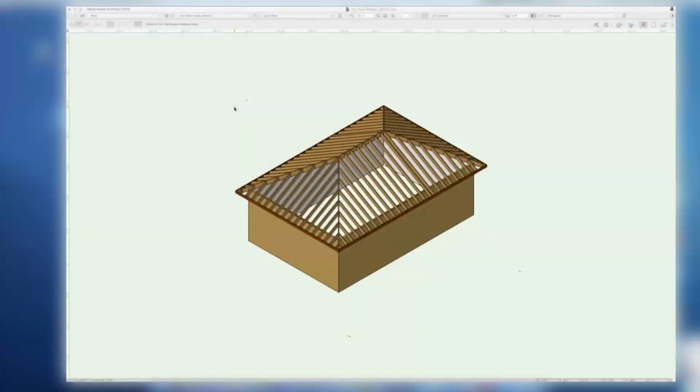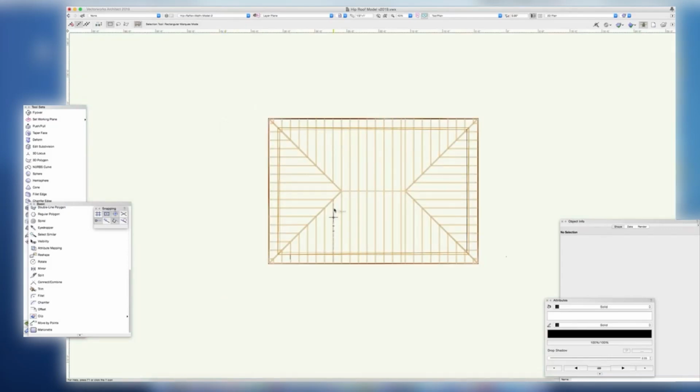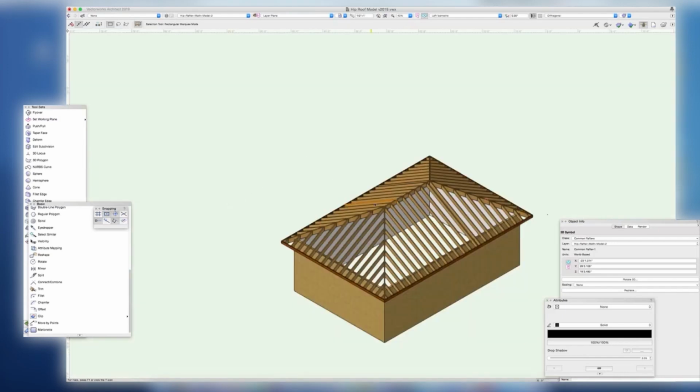Let's look at some general characteristics of a basic hip roof. If we look at our roof here in top plan, we can see we've got a ridge, we've got common rafters, and then these rafters that come out at a diagonal, those are the hips. So if we look at it in 3D, common rafters go all the way from the outside of the building up